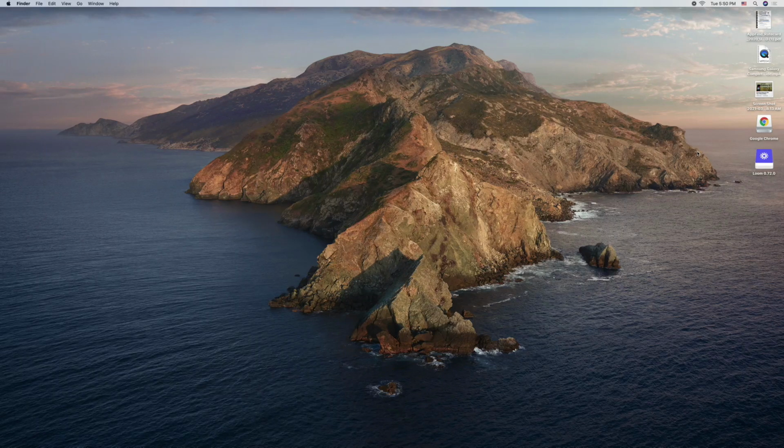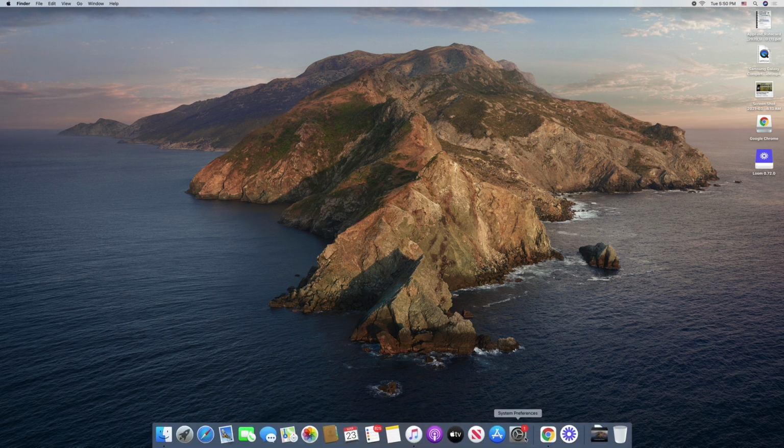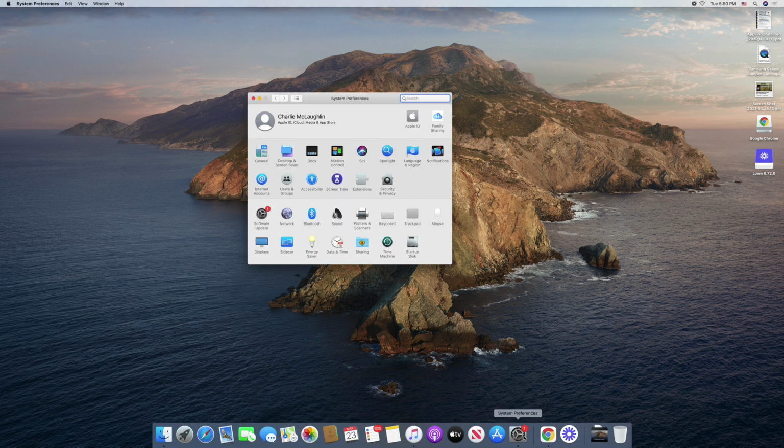This next feature is for any of you that are switching over from a PC computer to an Apple computer and don't like the way that your mouse feels. So let me show you what I mean by this. By opening up our system preferences, and if you're using a trackpad, open up the trackpad menu, but if you use a standard mouse, open up the mouse menu. The rules apply the same for both.